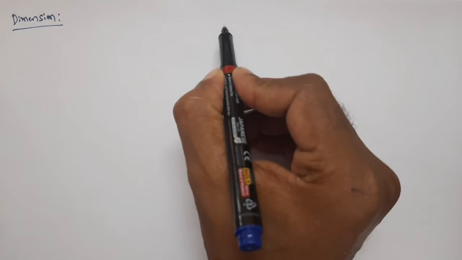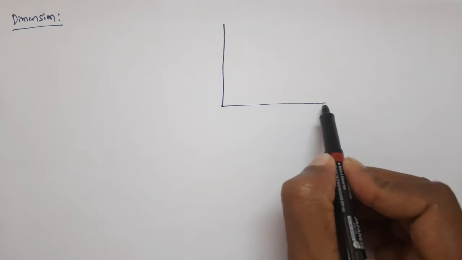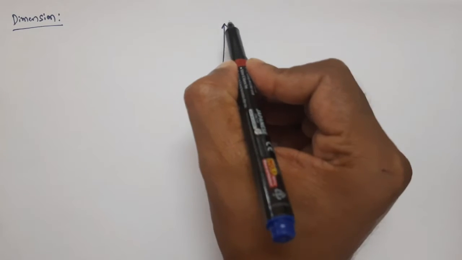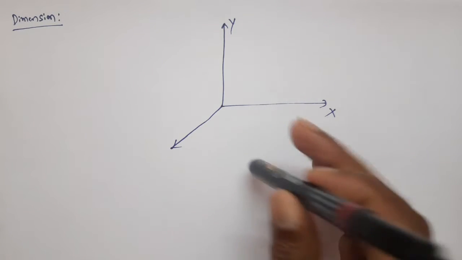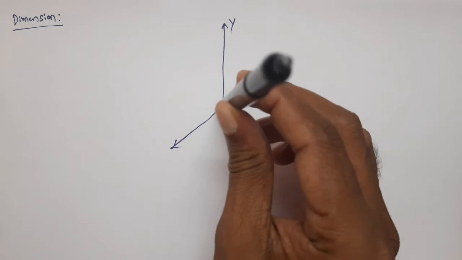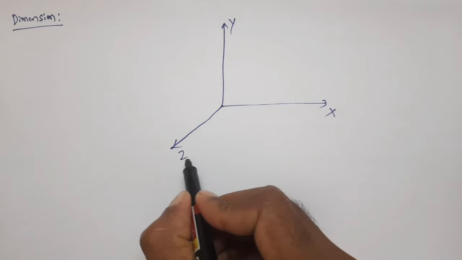Yes, if we take three-dimensional space, how do we take? Yes, x-axis, y-axis. Here I am writing the z-axis like this. But in fact, how do we have the z-axis? Perpendicular to the plane like this. So the z-axis here we have.